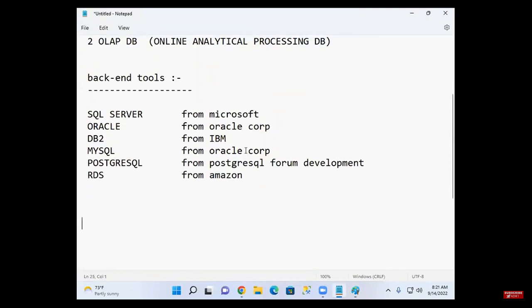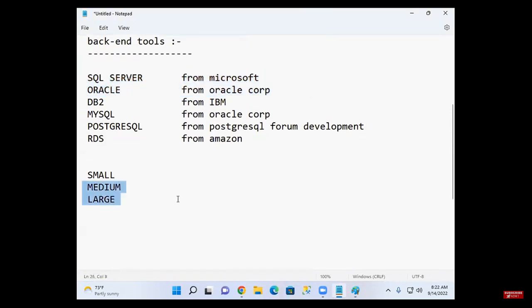Which one is used depends on the companies. Companies are divided into three levels: small scale industries, medium scale industries, and large scale industries. Who uses SQL Server and Oracle?